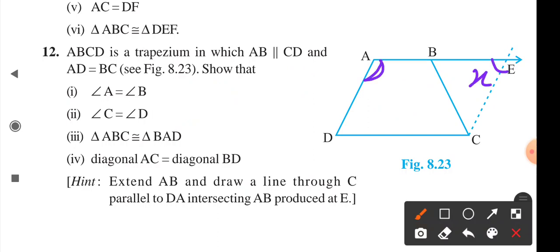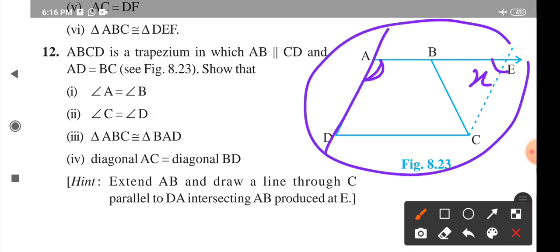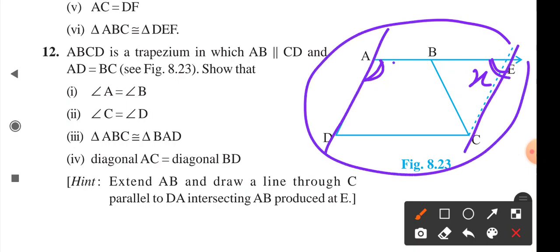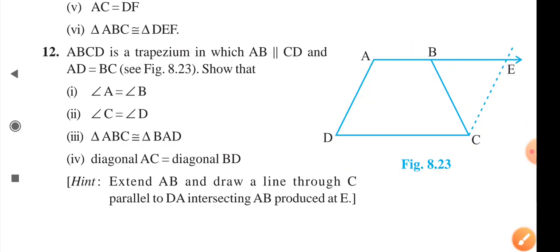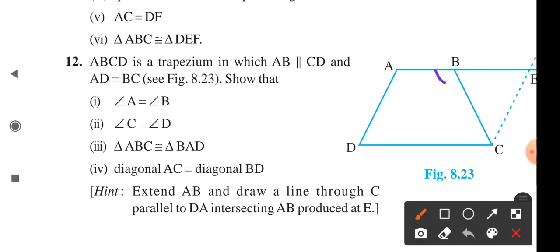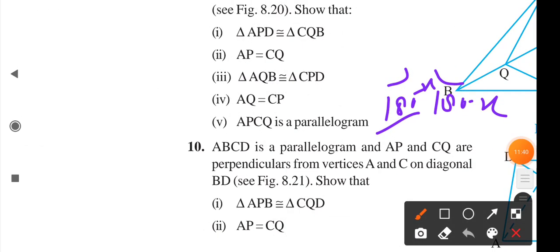Now moving to the angle A, you know that you have assumed it as x, and this line is parallel to this line, so these two angles are co-interior angles, so the sum of these two angles will be 180 degrees. So this angle will again be 180 minus x. Angle B we found is 180 minus x by linear pair, and angle A is equal to 180 minus x by co-interior angles. So both the angles are equal to each other, hence angle A is equal to angle B.